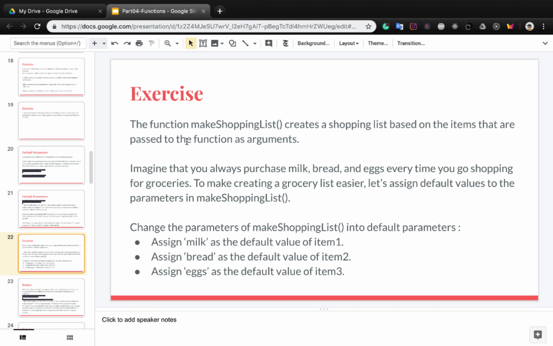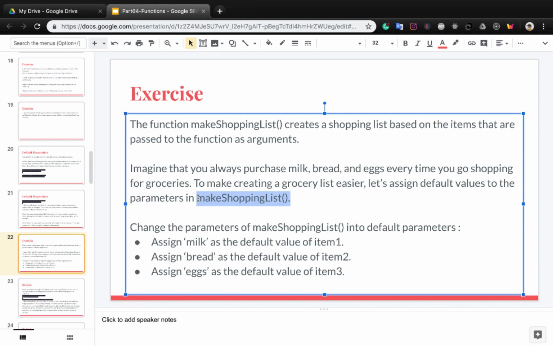Exercise. The function makeShoppingList creates a shopping list based on the items that are passed to the function as an argument. Imagine that you always purchase milk, bread, and eggs every time you go shopping for groceries. To make creating a grocery list easier, let's assign a defined value to the parameters in makeShoppingList. Change the parameters of makeShoppingList into default parameters. So let's create makeShoppingList